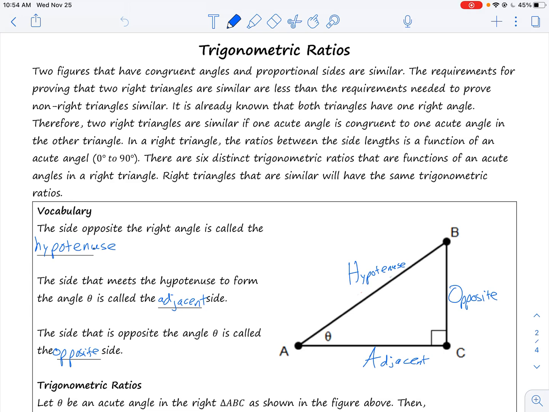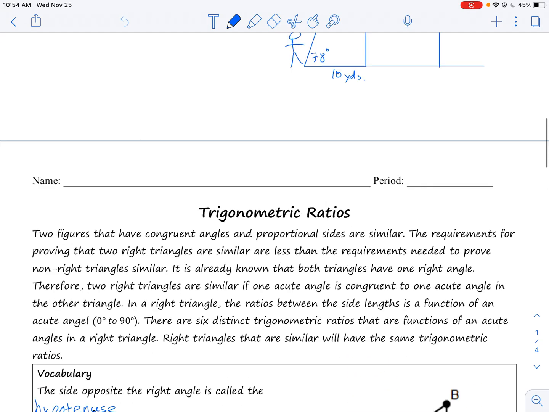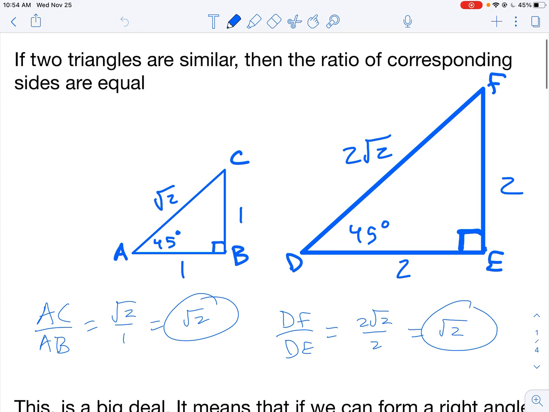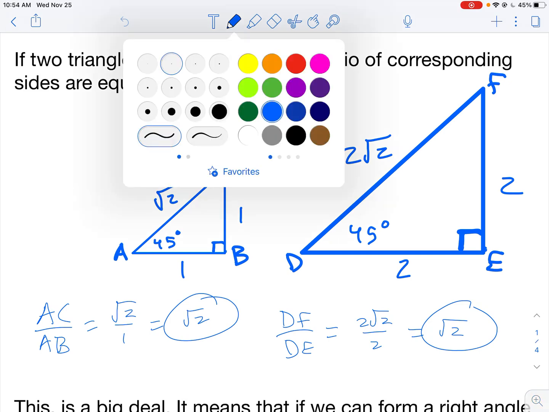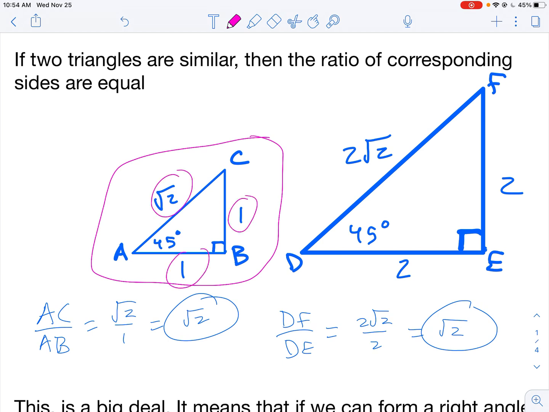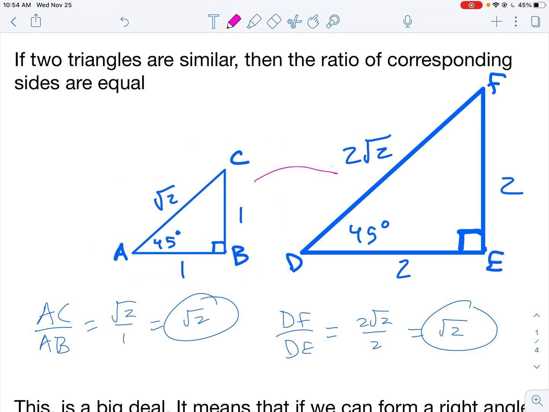And so, actually, before we start filling in these notes, which you might have started already, I'm going to mention a couple things about triangles. Like I said before, if two triangles are similar, the ratio of the corresponding sides are equal. So, if I have a triangle here, and I know I got these side lengths, 1, 1, square root of 2, and I know it's similar to this one